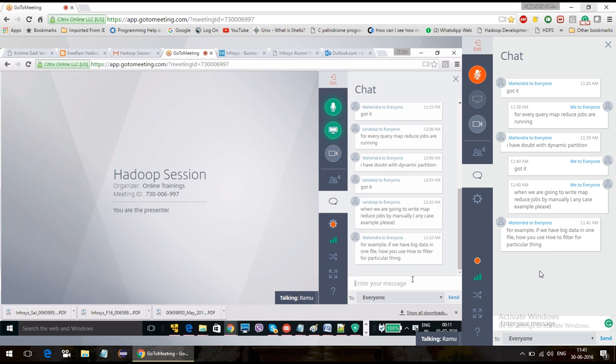No, first you need to load the entire file into a temporary table. That is why I have created one temporary table, and at the same location we have just copied the data from local to the Hadoop system. But in real time, we need not copy. They are going to send the data directly to your temporary table location. From there, we are going to load the data from the temporary table to our partition table to categorize the data.